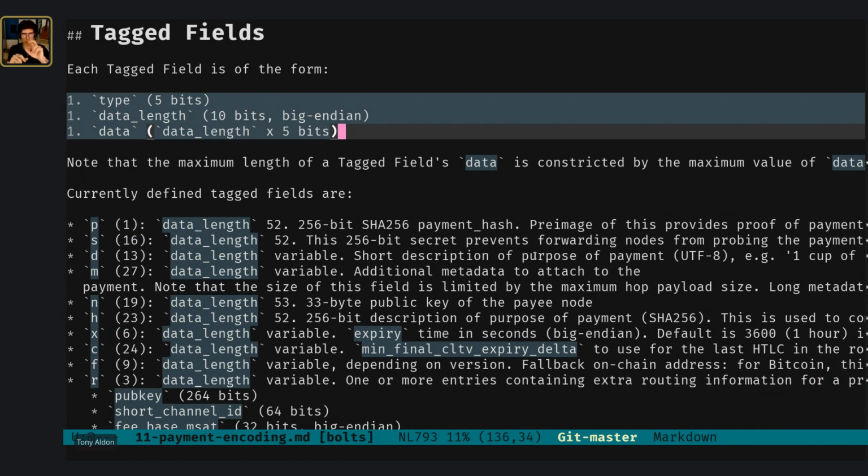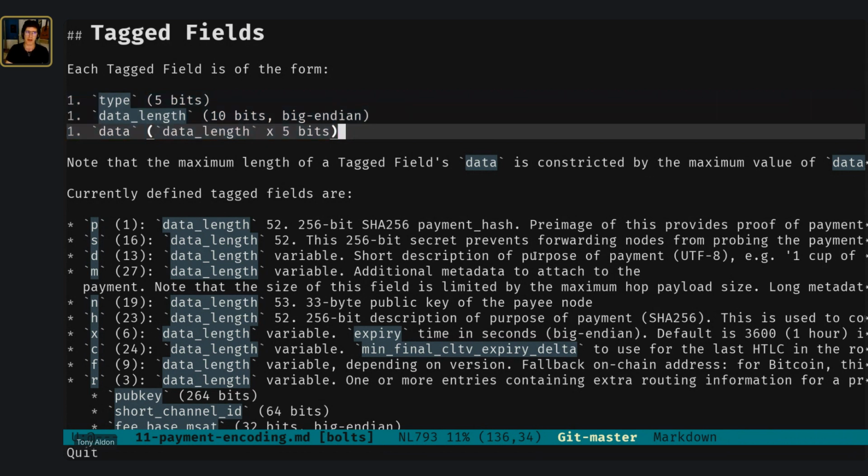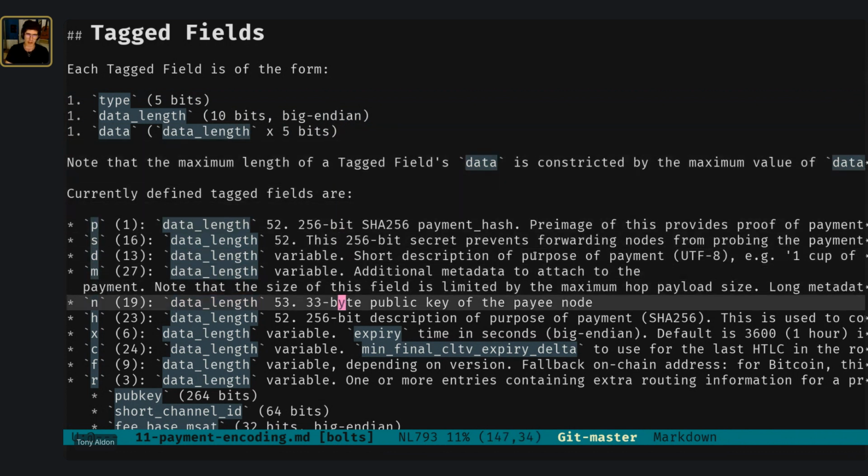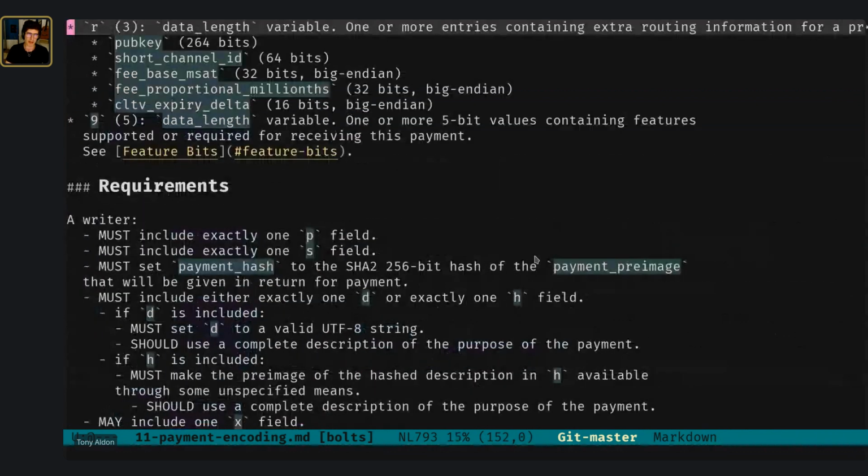Then 10 bits for the length of the data that we put after. Then, when we have a parser of the invoice, we read that data, and we find another type, another length, the data, and we repeat. So there are some tag fields that are required, and one which is not required, but we are interested in